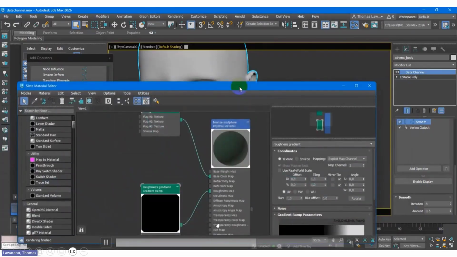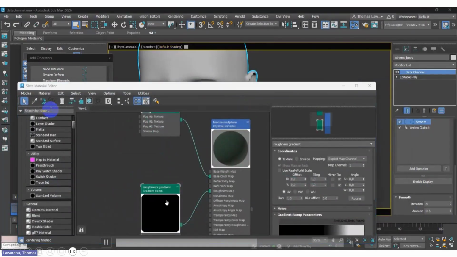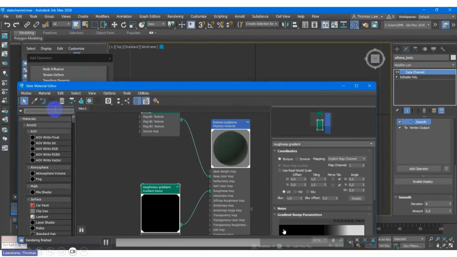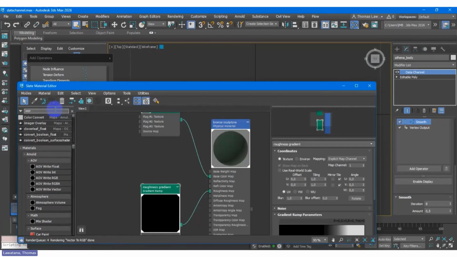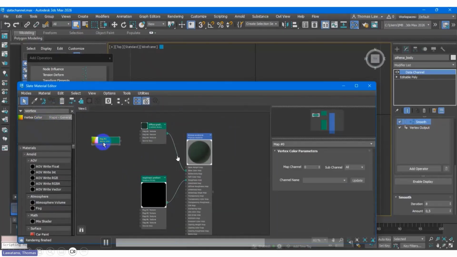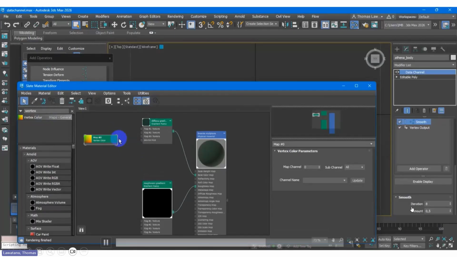For the shading, like the roughness, I only put black and white because I want more color shading. That's why I put only two colors, and this is the vertex color. This is how it works again.